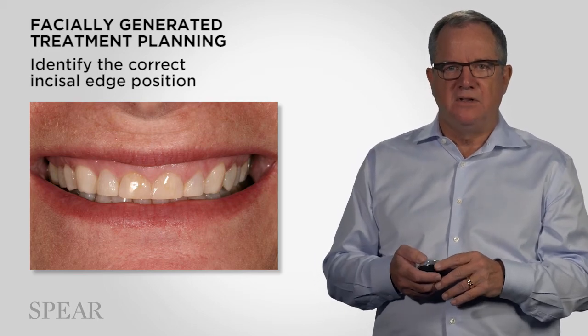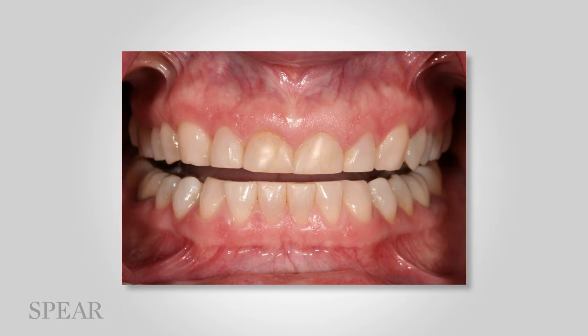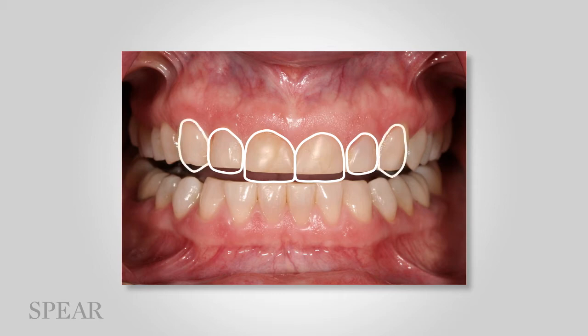However, if you take a look at the posterior teeth, particularly the first premolars, you realize the anteriors are a bit short. Even though there's posterior wear, the anterior teeth have quite a bit more wear than the posterior teeth do. And so I would guess if we were looking at the occlusal plane, we might even consider lengthening the centrals 1 millimeter perhaps, the right central maybe 1.5 millimeters. And what that's really doing is now it allows us to have a nice smile line with the buccal cusps